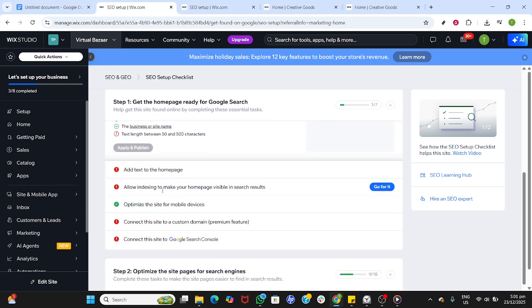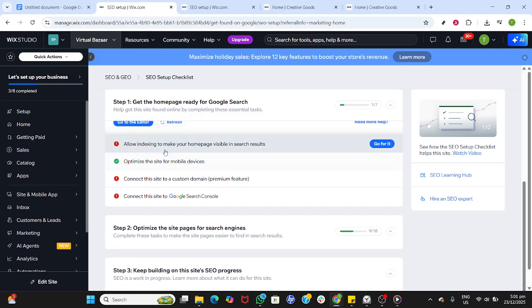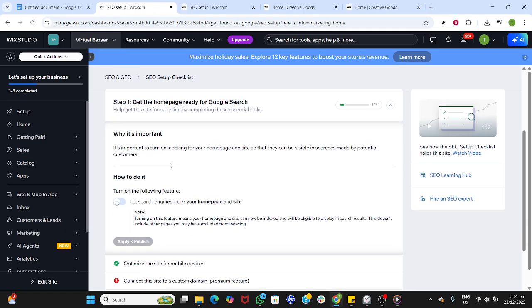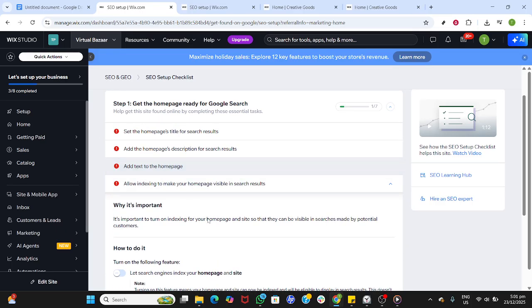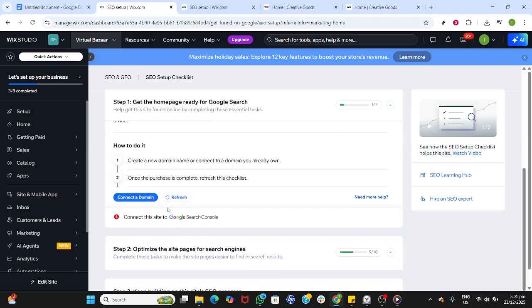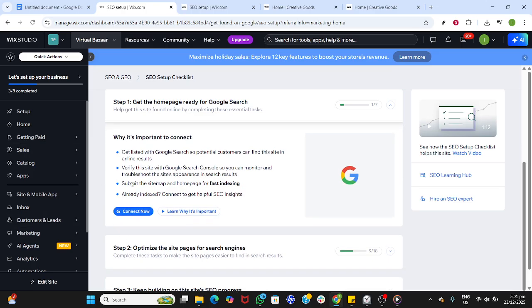Next, allow indexing to make your homepage visible in search results. Ensure the indexing toggle is on, so search engines can crawl your site. Then, optimize the site for mobile devices. Open the mobile view and fix any layout issues to ensure text is legible, buttons are tappable, and images scale